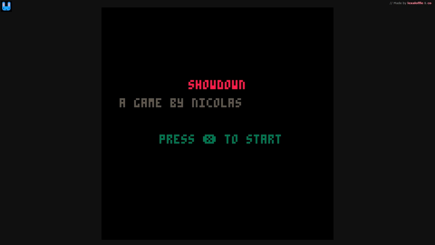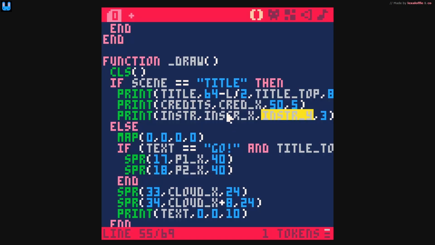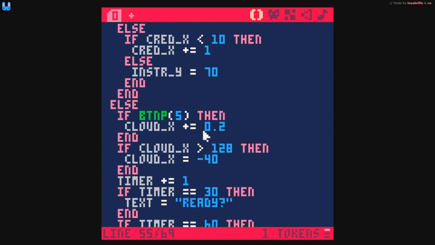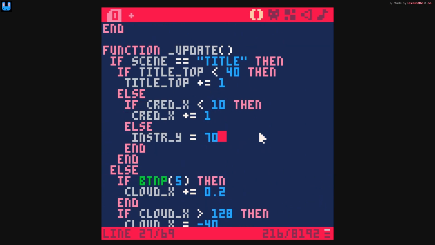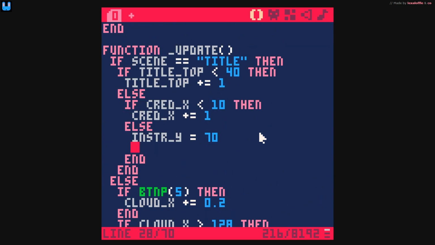The only remaining item is that we need to process the user input. Right now, if you type the X key on the keyboard, it doesn't do anything. We just learned that in this lesson, so let's go back inside the code and make some changes in our update method. Right here, so once we're displaying the instruction at the right spot, this is where we want to check for the user input. So let's go ahead and type if button